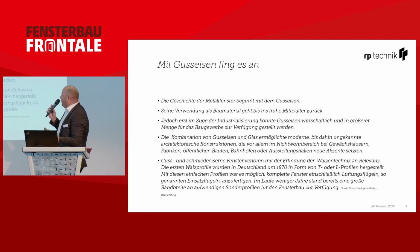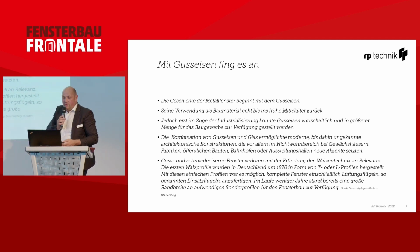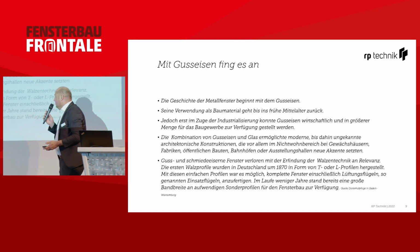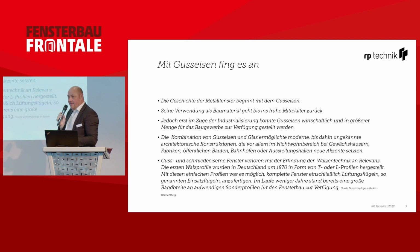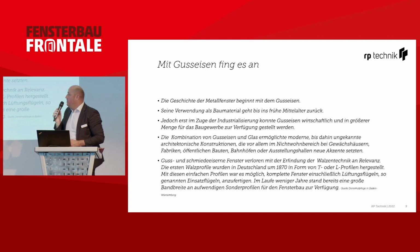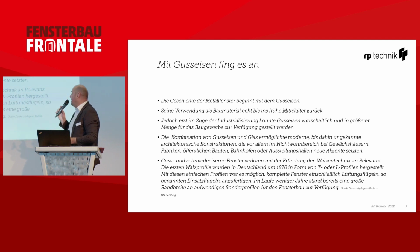Within the framework of industrialization, those cast iron windows were then made available to many people. The combination of cast iron and glass enabled unprecedented architectural constructions, particularly in office buildings, factories, and public buildings, central stations, and so forth. So it was the rooms that nobody lived in. Around 1870,